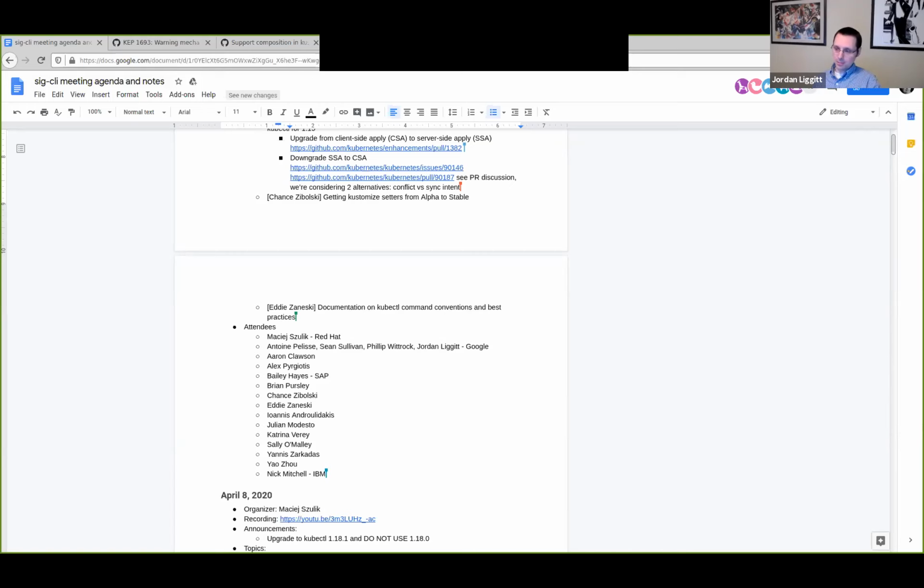I mean, we've made support statements about like we test and support kubectl within a minor version of the server.